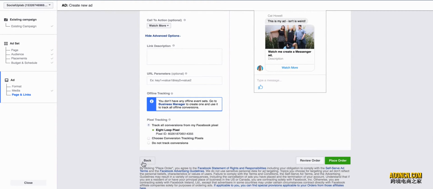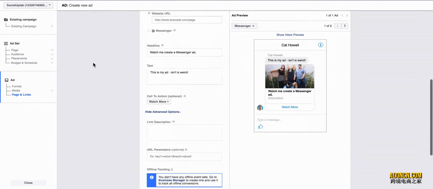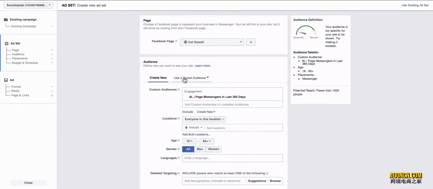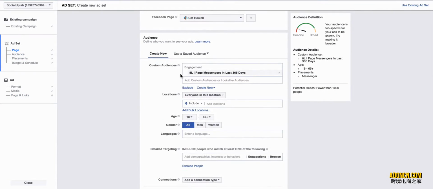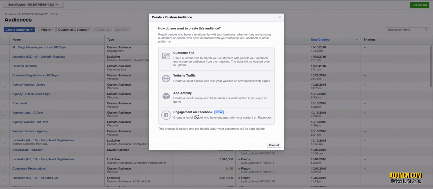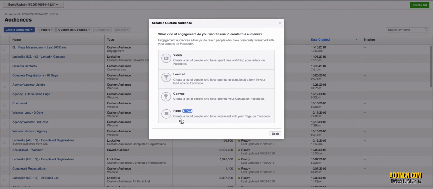So I'm going to cancel out of this one because we don't want to save this. But what I want to show you is how to create a custom audience to target people that have messaged you, because you absolutely must select one of those custom audiences for this to work. So we're going to go under audiences, and we're essentially going to create a custom audience of engagement on Facebook. Now this one's really cool as well, because look, now we can